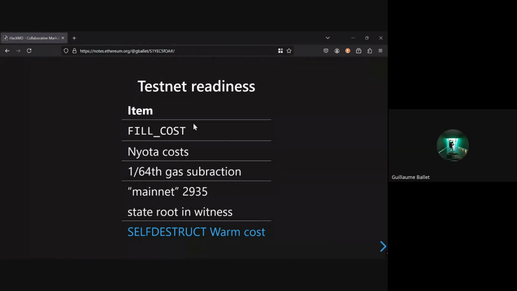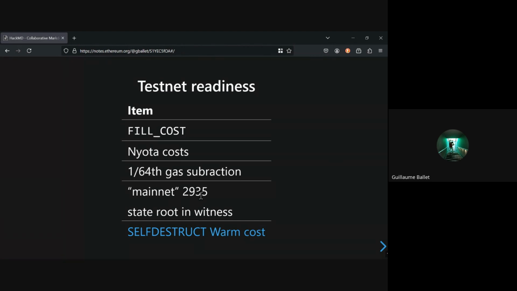So yeah, I guess I can start with Geth. Fill cost is not currently implemented. We're struggling with it. The IOTA costs also have a weird bug that I'm currently debugging. The 164 gas subtraction we have.